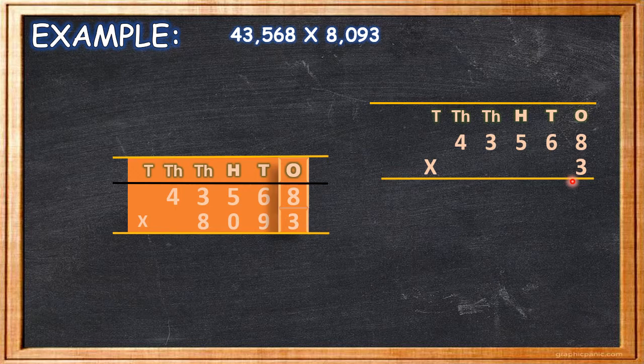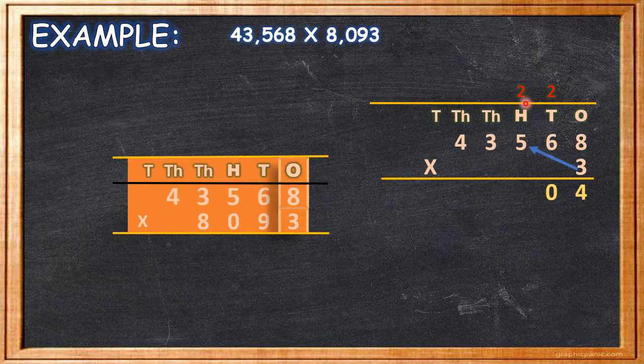So how we are going to multiply, children? See, 3 with ones place. 3 8s are 24. I'll write 4 here, then 2 I'll give to the tens column, carry over. Then 3 6s are, yes, children, 3 6s are 18. 18 plus 2, 20. So I'll be writing 0 here and 2 I'll be giving to the hundreds column.